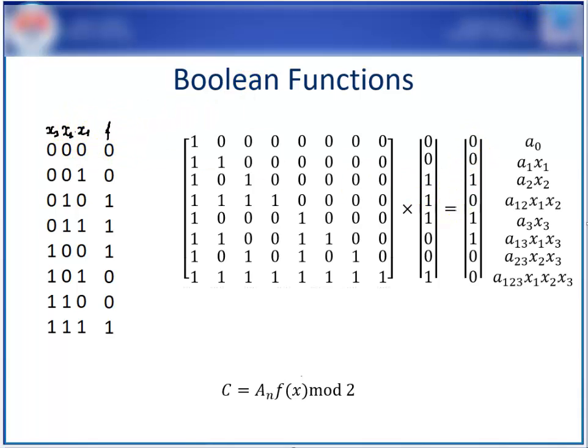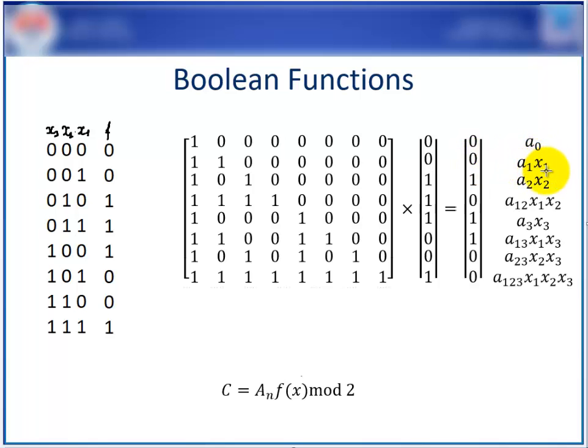So to write down an algebraic normal form, we use only those values of x for which the corresponding coefficient is equal to 1, since otherwise, if these coefficients are equal to 0, this is going to cancel the value